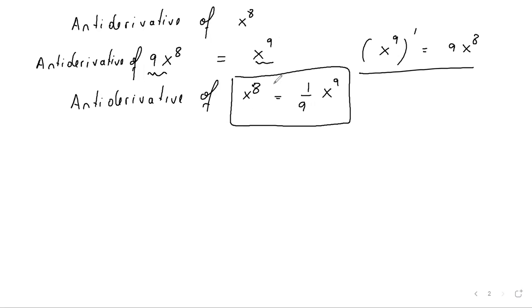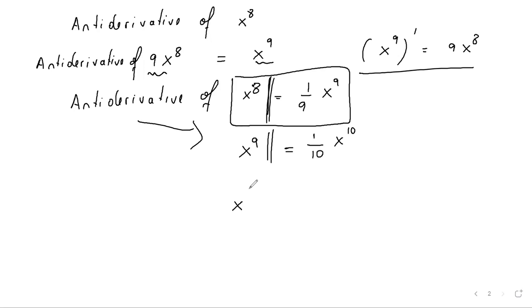And the antiderivative of x to the 9 we found earlier to be 1 over 10 x to the 10. So what do we notice here? If you carefully look at these examples, you will notice, folks, there is some sort of a pattern, and that pattern is not difficult to discover. So again, I'm pretty sure that if you calculate a few more derivatives and do the exact same process where you divide by the coefficient to get the corresponding antiderivative, what you will get is